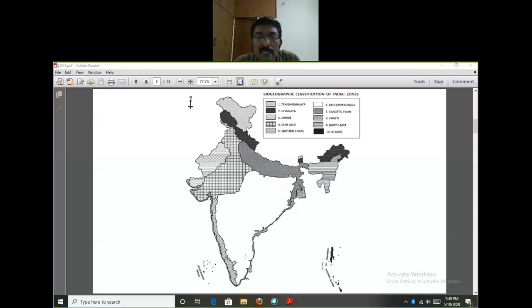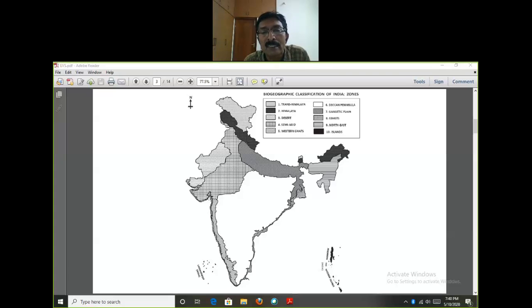And in the Eastern Ghat region, here you will find the red sandalwood. The red sandals are economically very important. It's common here. Then, if you go to the next biogeographic zone, that is the Gangetic Plain. The Gangetic Plain is found in the states of Uttar Pradesh, Bihar, and West Bengal. This is the area where the river Ganga and its tributaries flow. It is a plain land rich with agricultural activities, and different